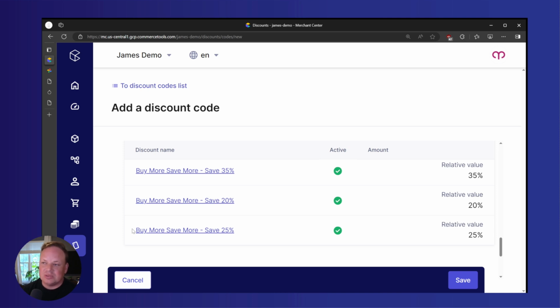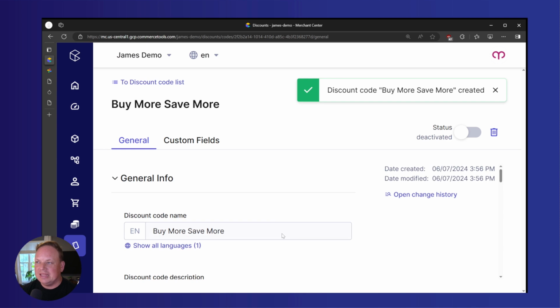So as far as the customer is going to see, they're going to type in a code and they're going to get the right discount. And on the back end, we're going to see that that code was applied and we're going to see the cart discount that matched, the one that the predicate actually fit the cart total, and that's the one that's going to show up on the order. So if we hit this save, we now have our buy more, save more coupon